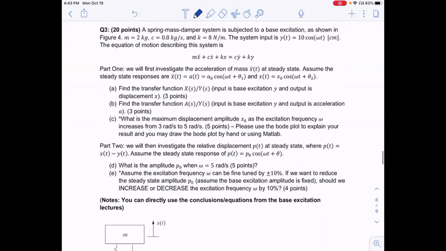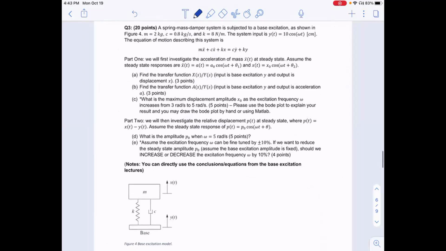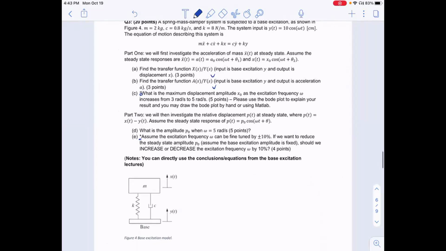Okay, Q3. Man, I tried to save this problem. You can see that I put stars over there because I thought it's challenging, but I think it's too much for this exam. All right. The good news is you already know how to get part 1 and part 2. So let me directly find